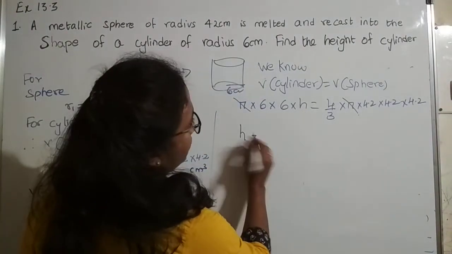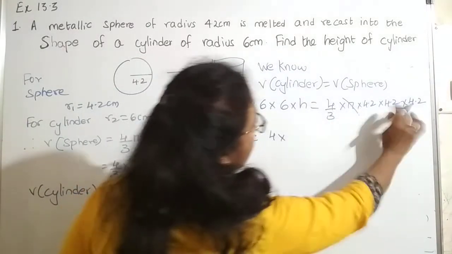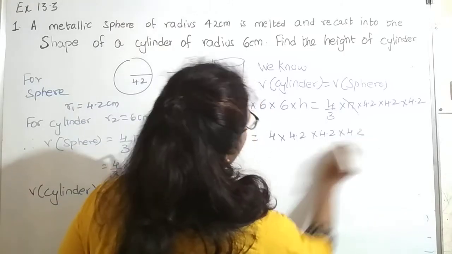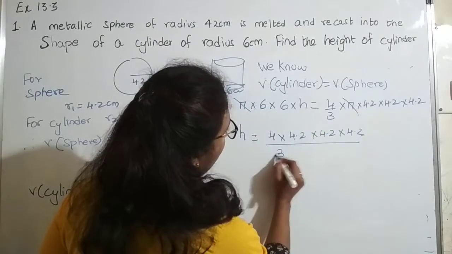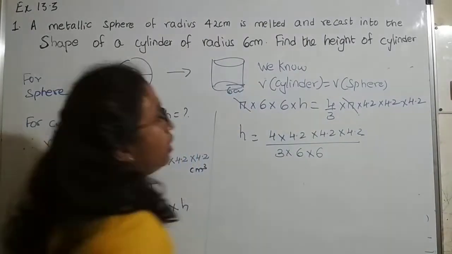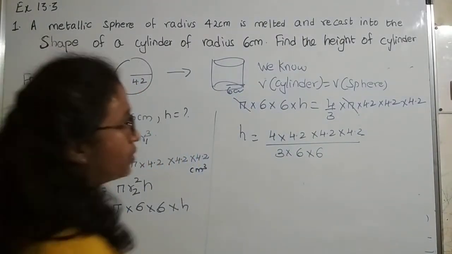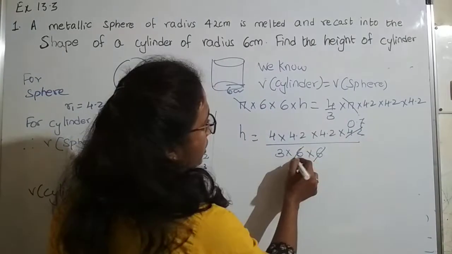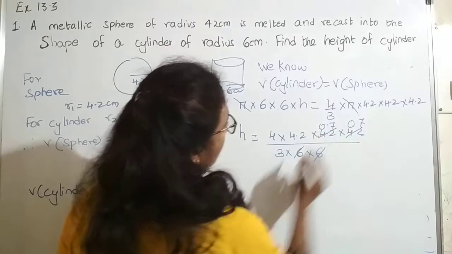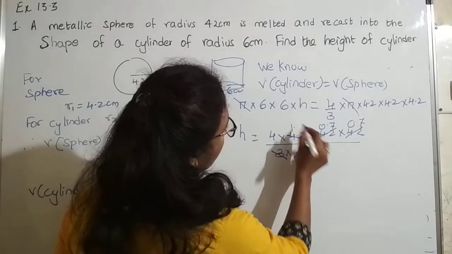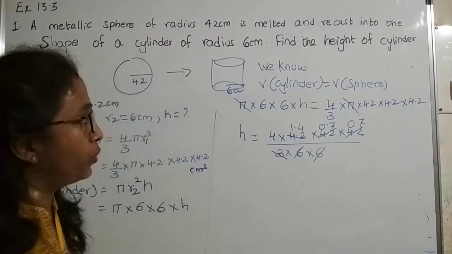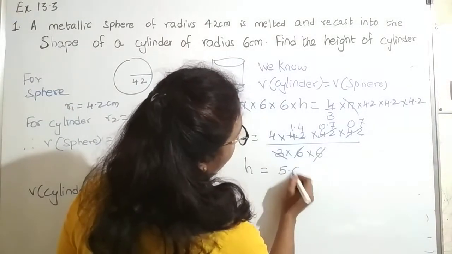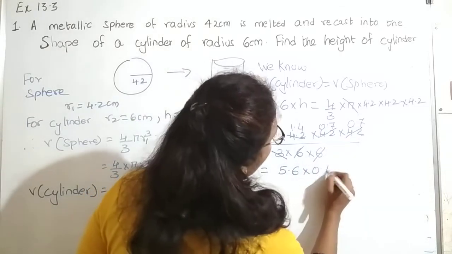Let's take this term to this side and write properly. In this case the numerator is 4 into 4.2 into 4.2 into 4.2. Down, let's take the 6 and 6, so 3 into 6 into 6. Let's cancel. You can cancel with a pencil so that you are on the safer side. Here 6 sevens are 42, so 0.7. Here also we have 0.7. Here 3 and 1.4, correct? 14 threes are 42. So H equals 14 fours are 56, so I'll get 5.6.